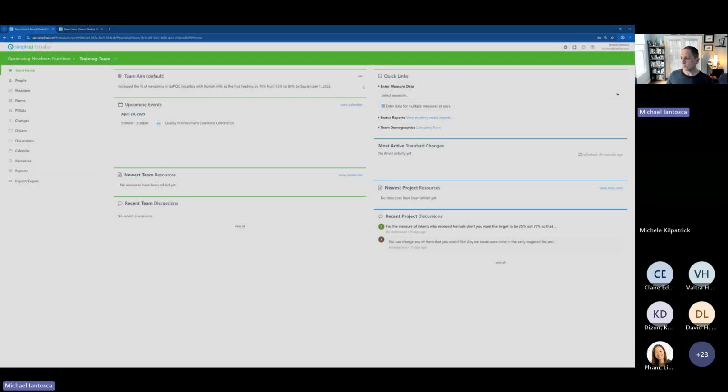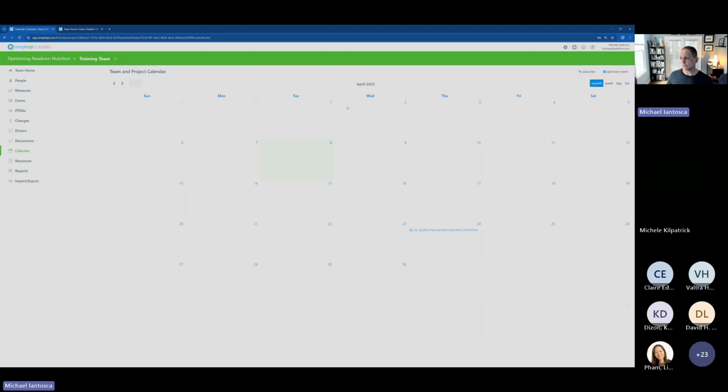Okay. We can go in and view the calendar if you wanted to view it in sort of a calendar format. You can also add your own events. If you wanted to add a team event that you were having, you could add that in here. I recommend switching to the week view to do that. It makes it a little bit easier. And if you've used Outlook Online or Google Calendar, it's very, very similar to that. All you have to do is select the time period that you want to add the meeting to, click Add Team Event,